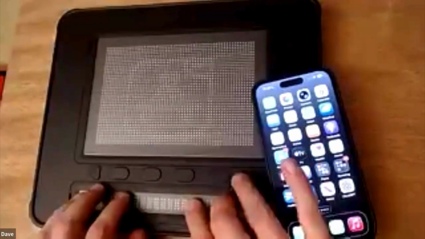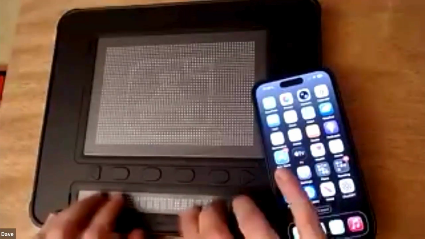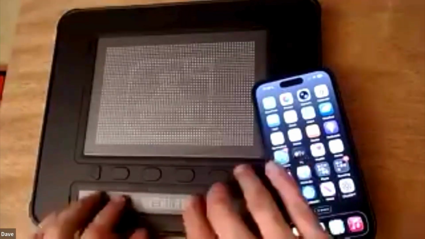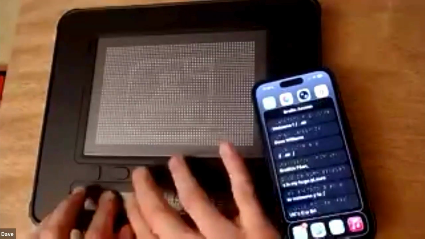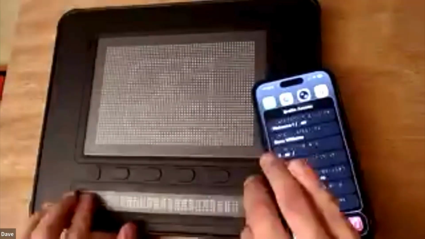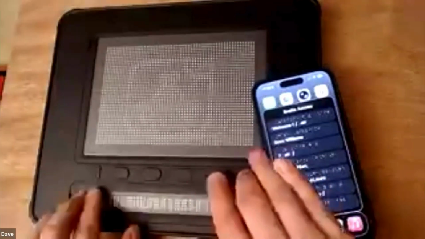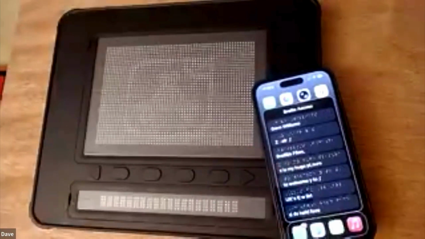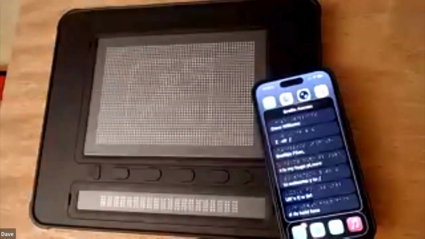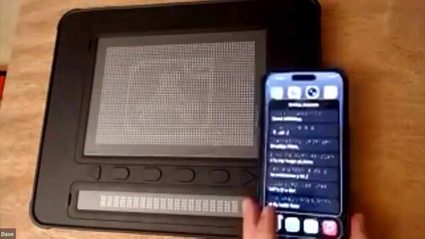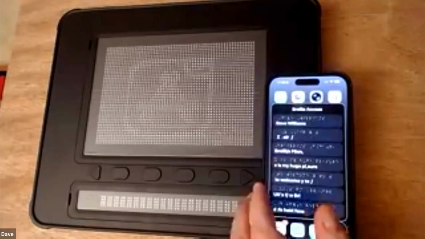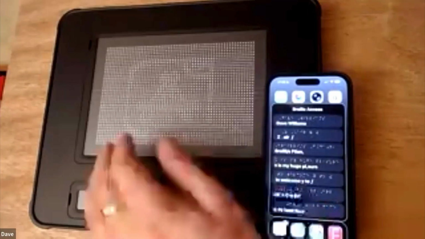But on my single line Braille display at the bottom of DotPad, I've now got the BRF file still, and it says, as chair of the Braillists Foundation, and then it's my welcome notes, basically, from my BRF file. And I think that's a pretty cool feature now that every iPhone and every iPad has the ability to display BRF files pretty much out of the box if you have iOS